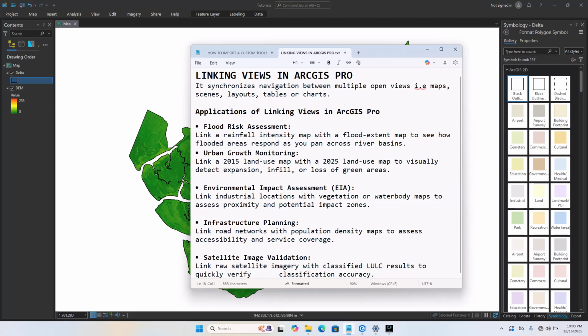So what linking views entails is synchronizing navigation between two maps that are currently open. Maps, scenes, layouts can be tables, can be charts. And applications of linking views in ArcGIS Pro are, first, flood risk assessment. When you link a rainfall intensity map with a flood extent map to see how flooded areas correspond as you